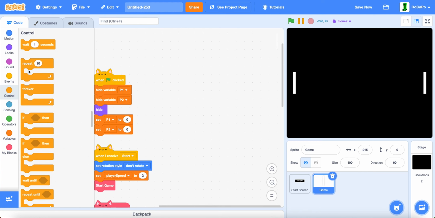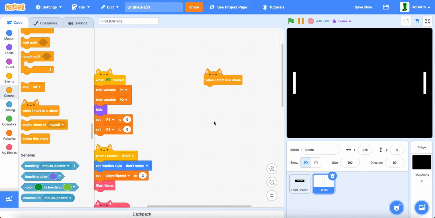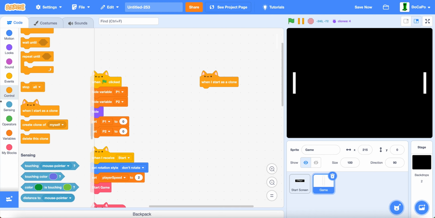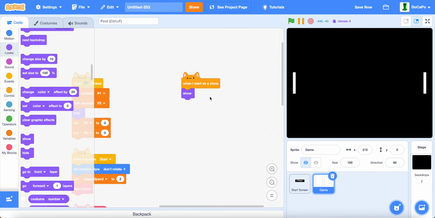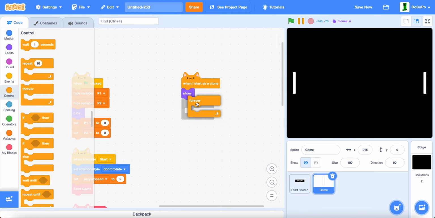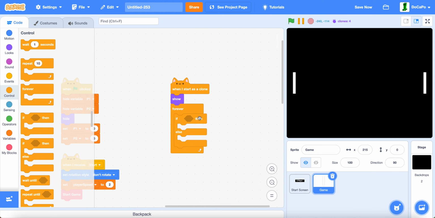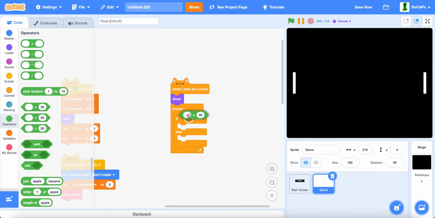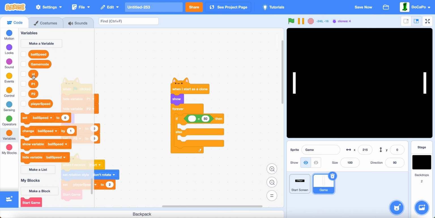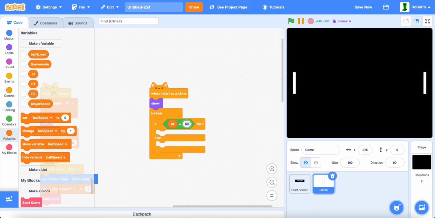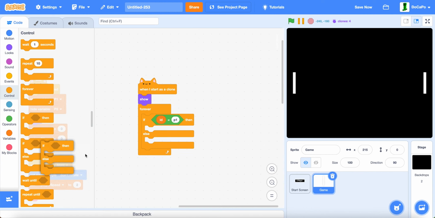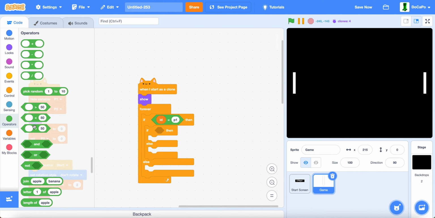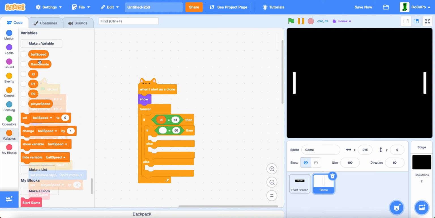Now when I start as a clone, we will do a show and then a forever, and then an if, and then ID equals P1, and then another if else, game mode equals 1,